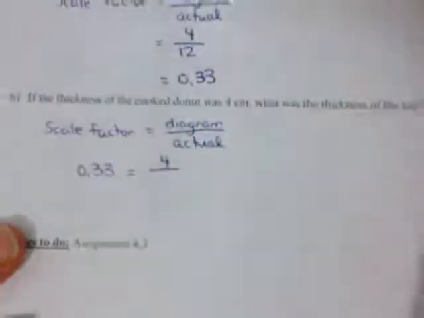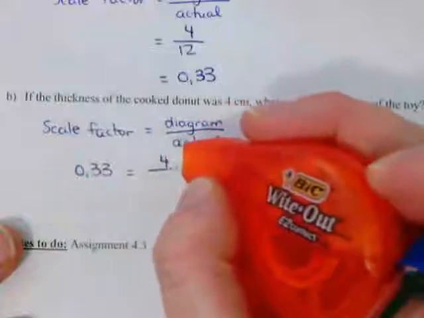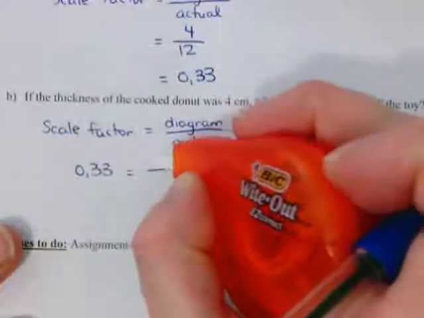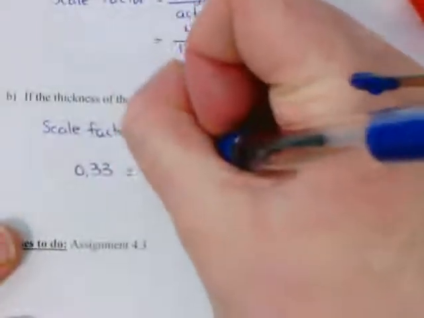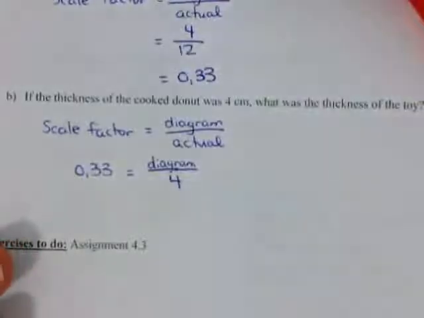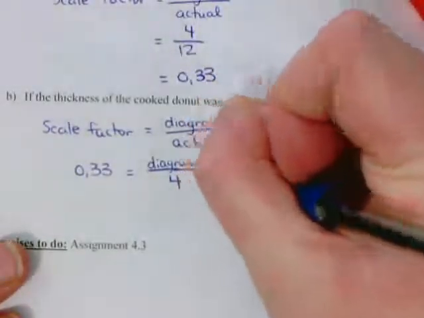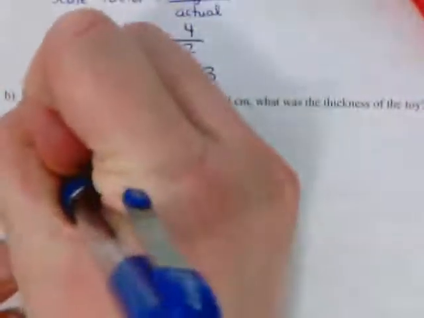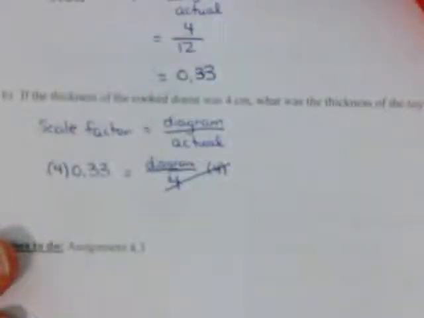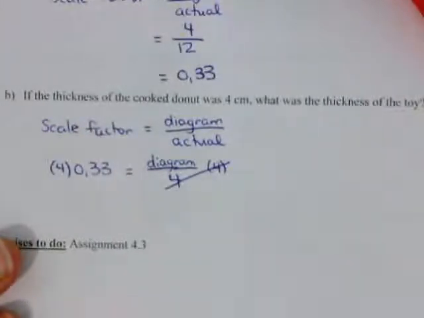Okay. We have diagram divided by actual. Sorry about that. So it's divided by 4 again. So in this case, you would multiply it by 4, and then multiply the other side by 4 as well. And this gives us a total of